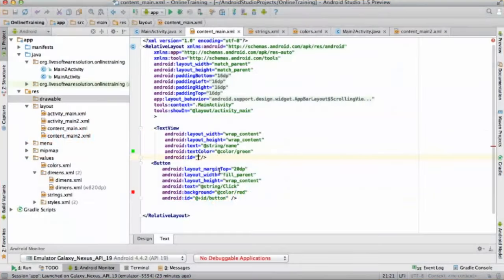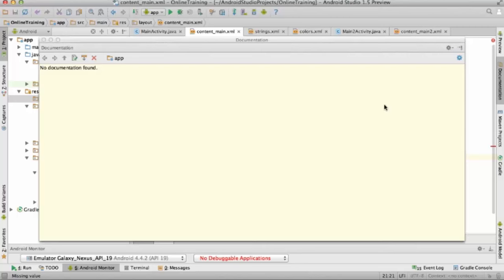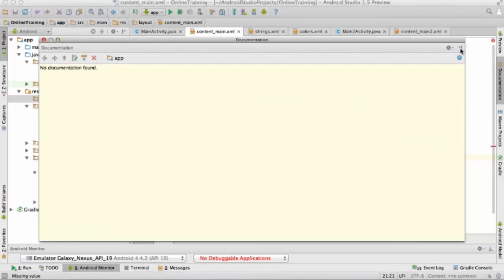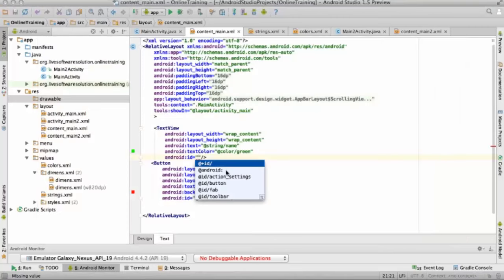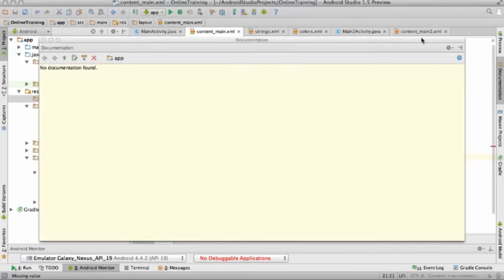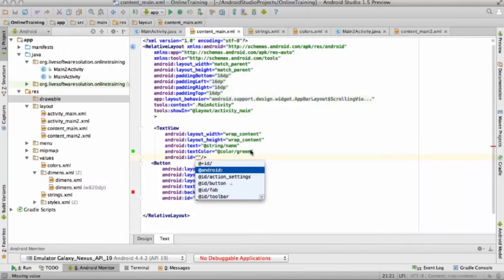I have to come to another important concept: how a view can be manipulated. I mean, say, how a button click can be observed, how a button click can be utilized, how a button click can be used to perform some action,